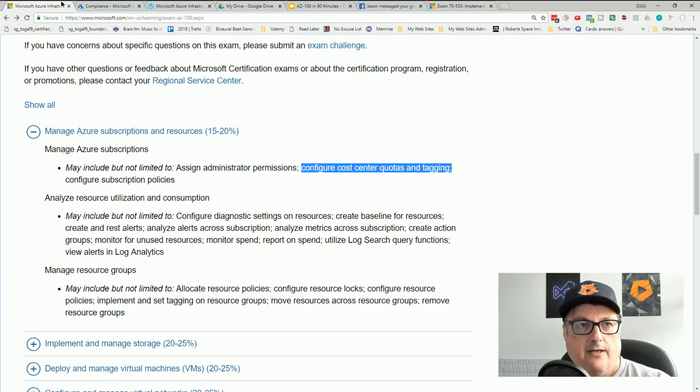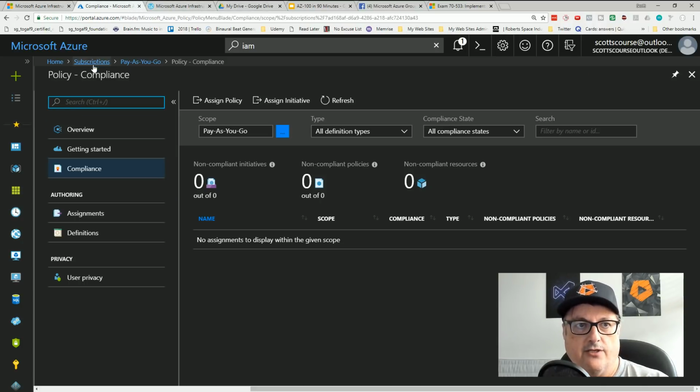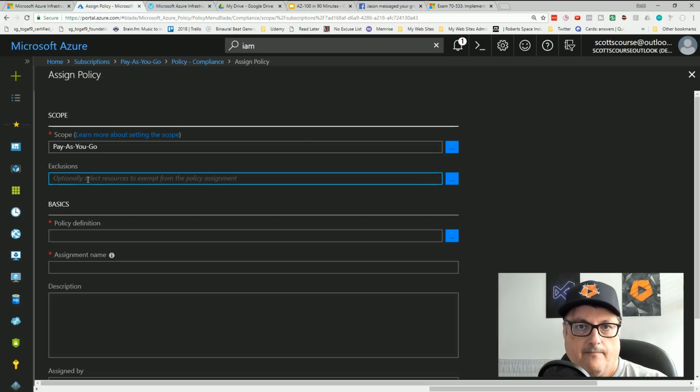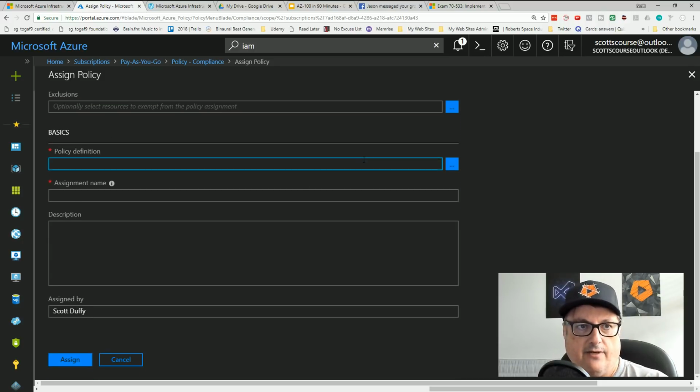So another requirement here, of course, is subscription policies. See here under subscriptions, under my subscription, there is a policy. Let's see what it does. Select resources to exempt from the policy. Well, let's not exempt any resources. Policy definition.